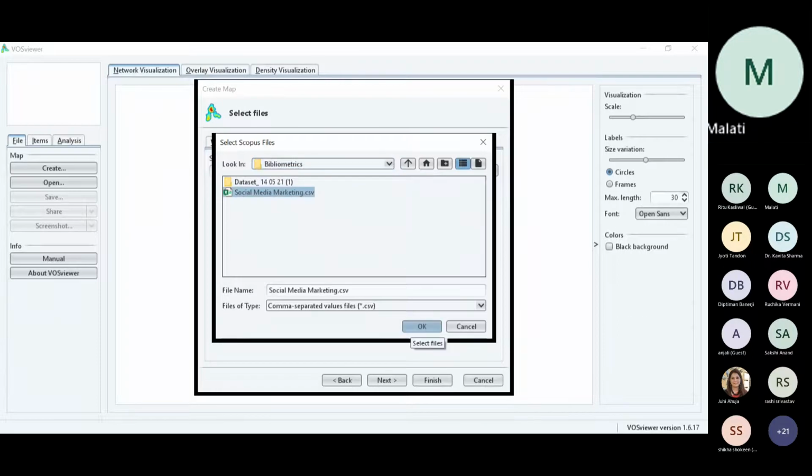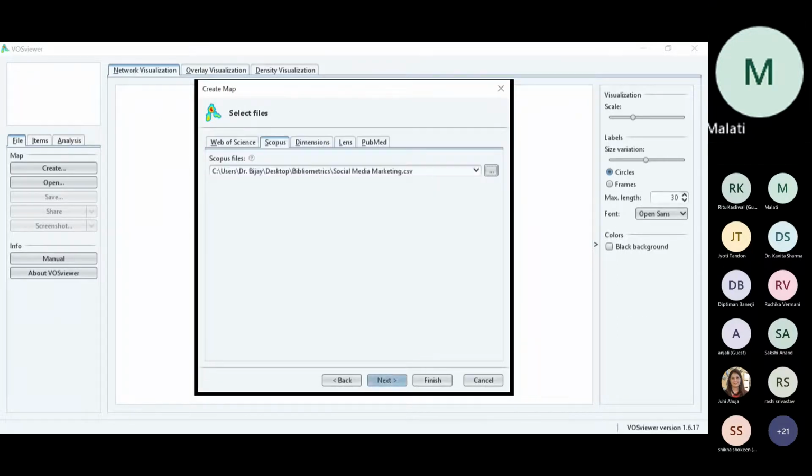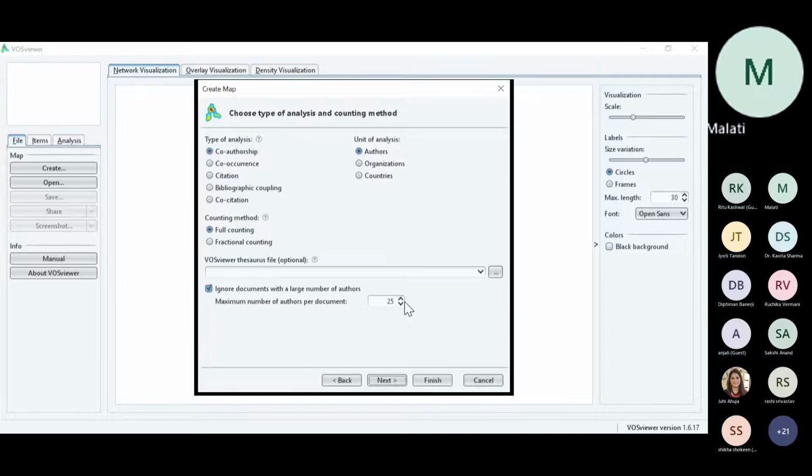Select the file, OK, click next. It will take a few seconds. I hope you all are also following me. If any one of you are facing a challenge, please let me know because it is very important.